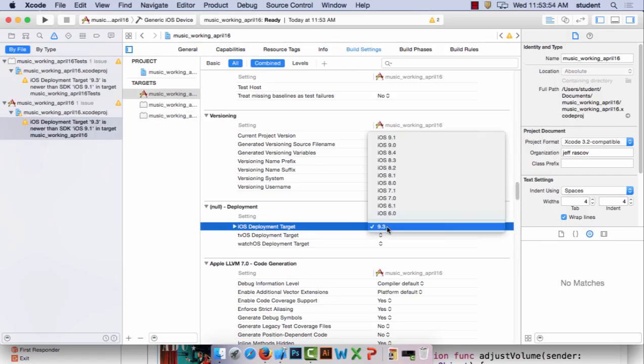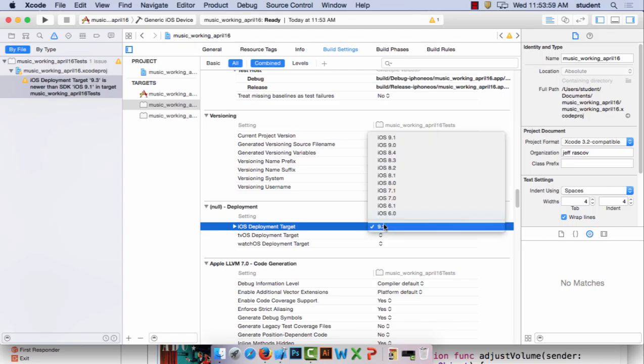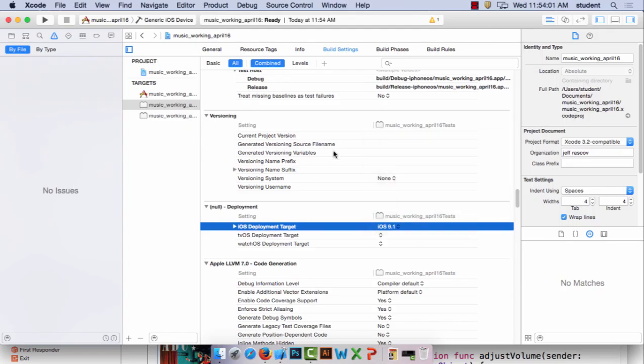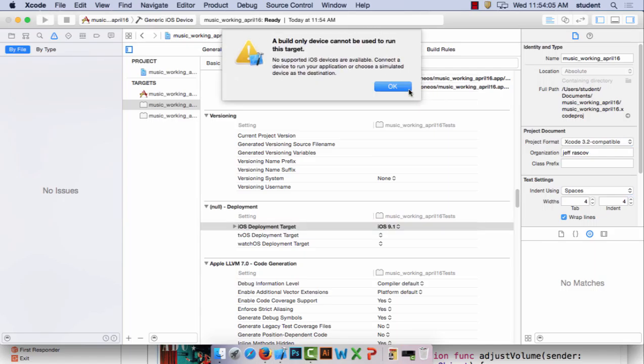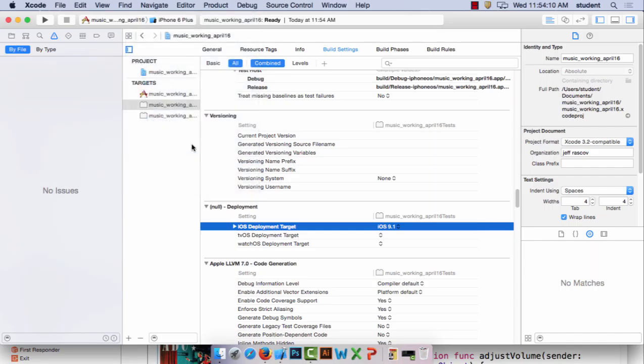Once you target the lower numbers, if you play it, oh, you have to change this to one of the ones that works, iPhone 6 Plus. Once you play it,